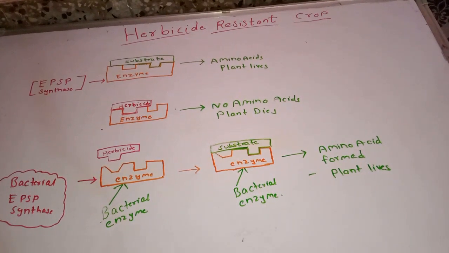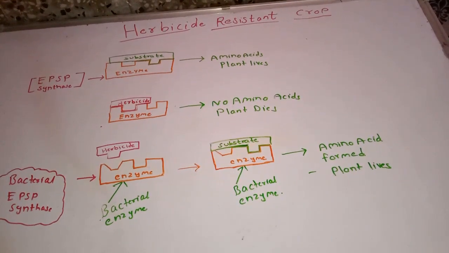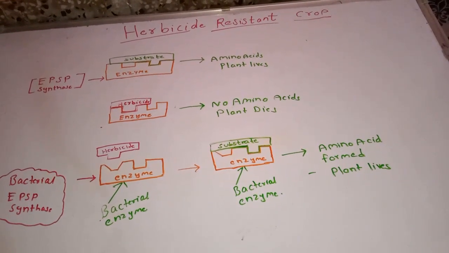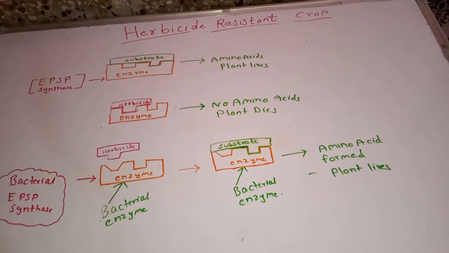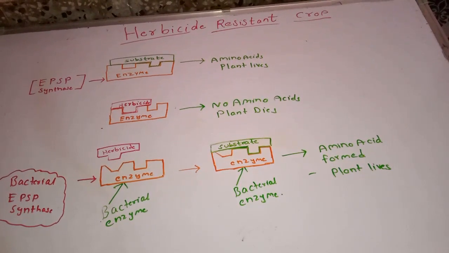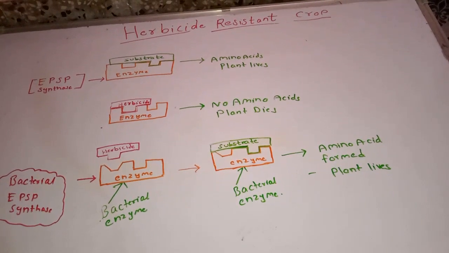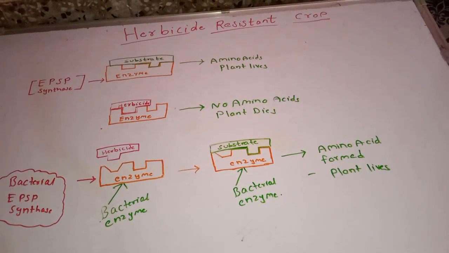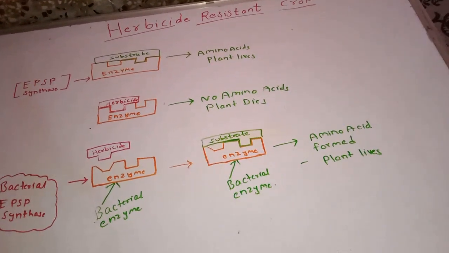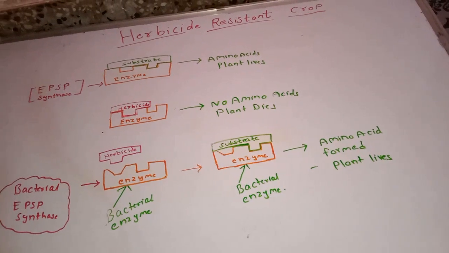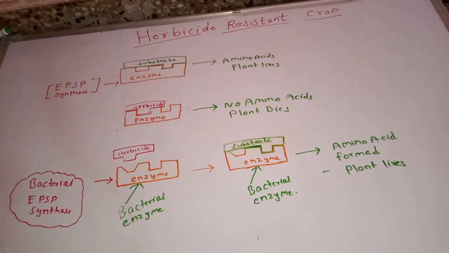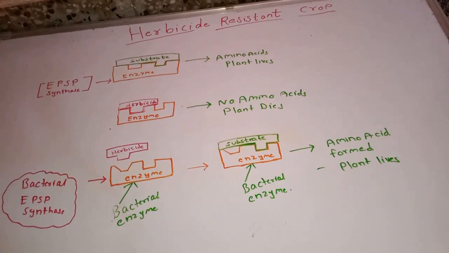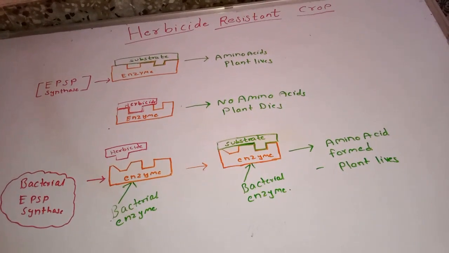So this is how herbicide-resistant crops work. We introduce the bacterial enzyme into the plant system so it can overcome the inhibition by the herbicide. Now that we know what herbicide and herbicide-resistant crops are,